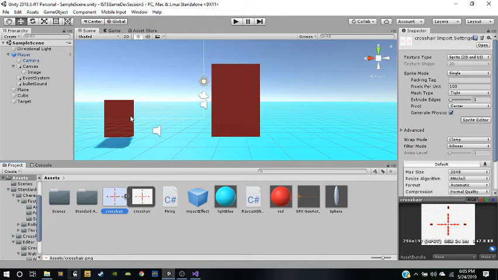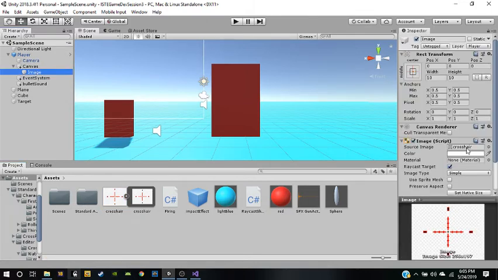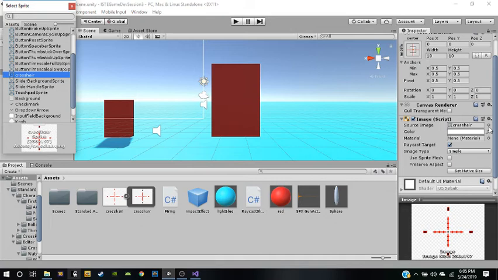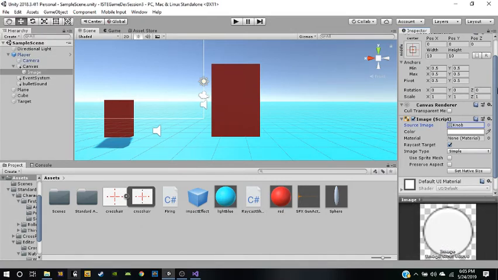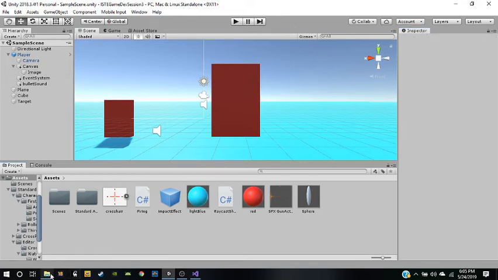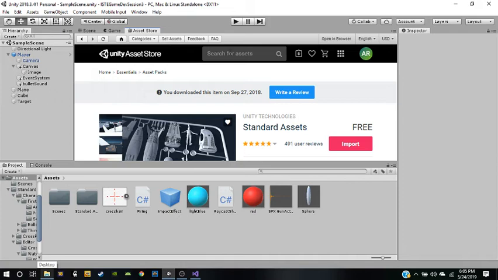You can put a model of a gun as well as a crosshair sprite here. So I didn't use a gun because I didn't think it was necessary, but yeah, you can get in any gun if you're making a proper game. So I'll just show you. One of the guns that I use